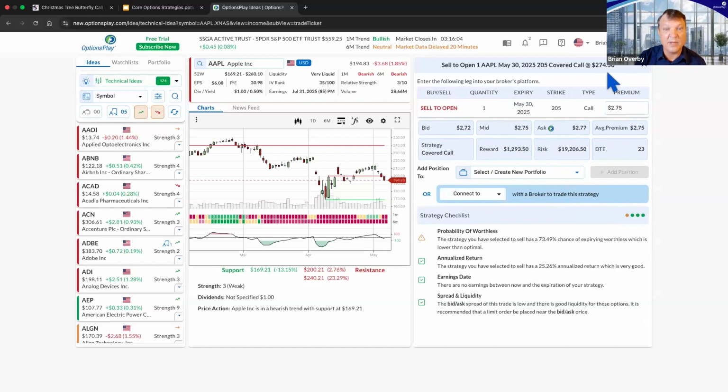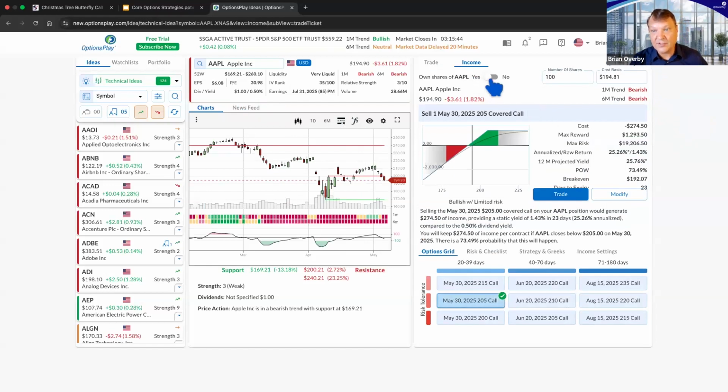Solid dividend, right? That would be an amazing dividend for a company if they were paying it. The dividend yield actually is about 1%, $1, or about 0.5% per year in Apple. Saving up some cash actually, probably, overall. But if I'm looking at Apple, this is where it's at. That's selling the call. Now, if I want to sell a put, we usually recommend selling a little bit more premium